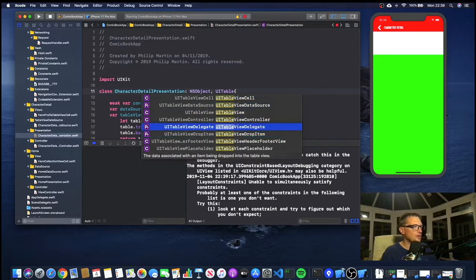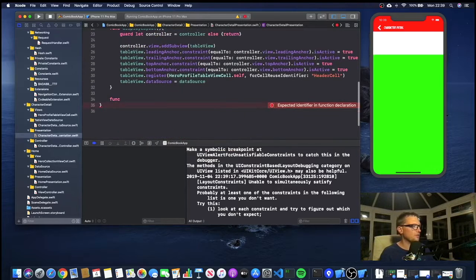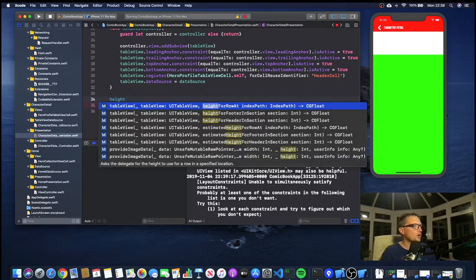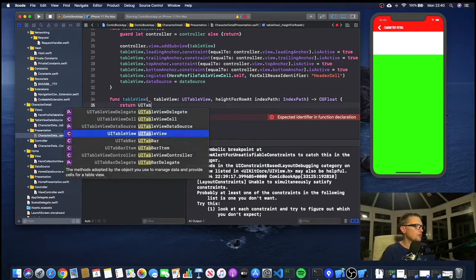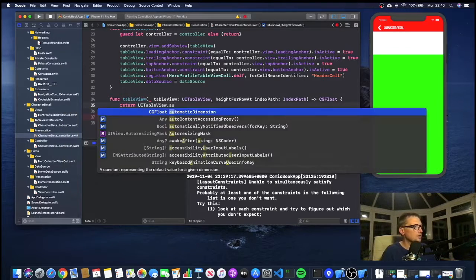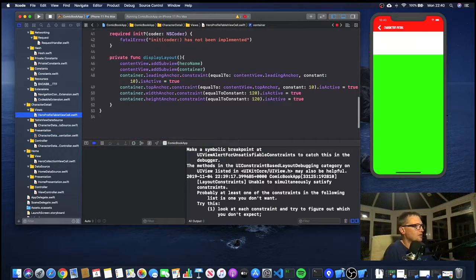Normally I put the delegates in a separate file, the same as I do with the data source, but just for speed we are going to put the height for row at index path, and now you can use this thing called return UITableView.automaticDimension, and it will actually, if you set the constraints up correctly, which we haven't in this case,